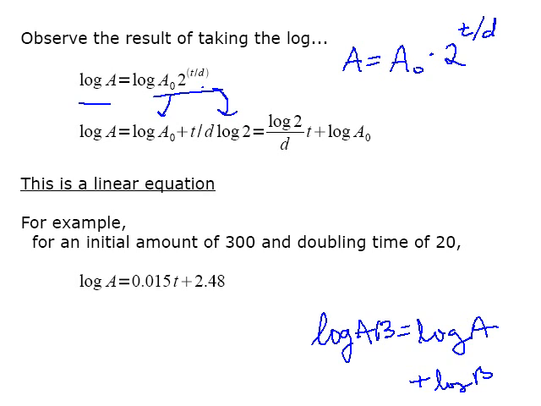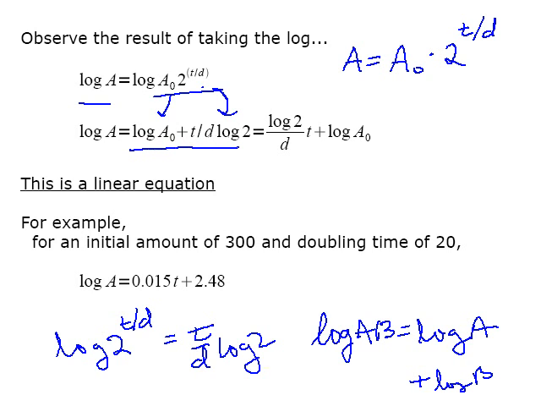Let me write the intermediate step for that. So I have the log of 2 to the time over the doubling time. Because it's a log, the t over d comes out in front, and I have the log of 2. So that explains this step right here. Now we can rearrange it a little bit. I could put the term with the variable t out in front, and then I have log 2,